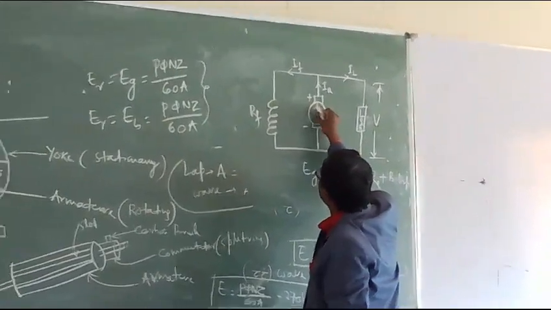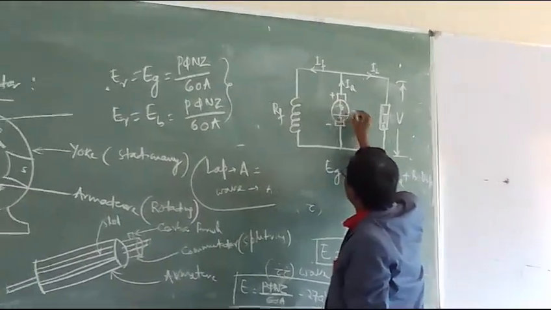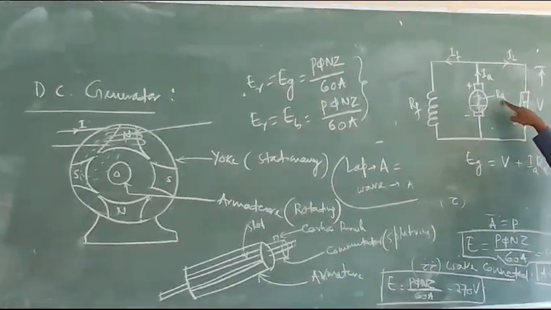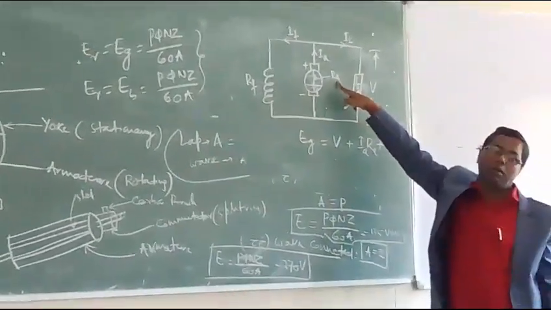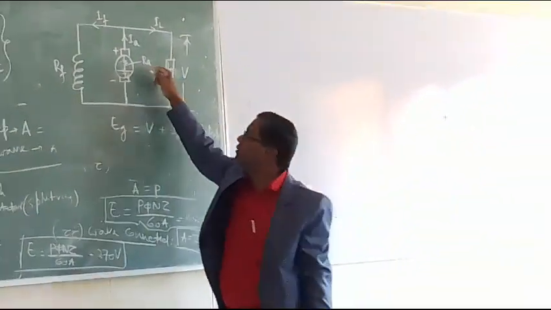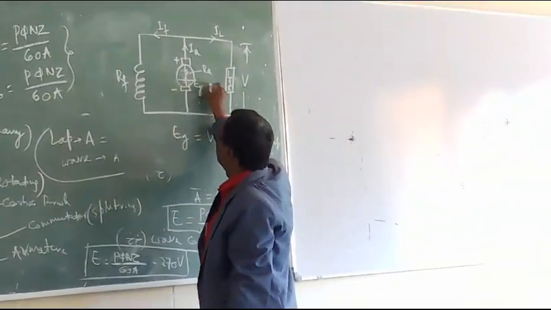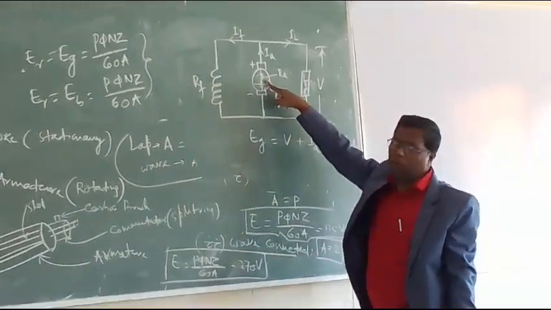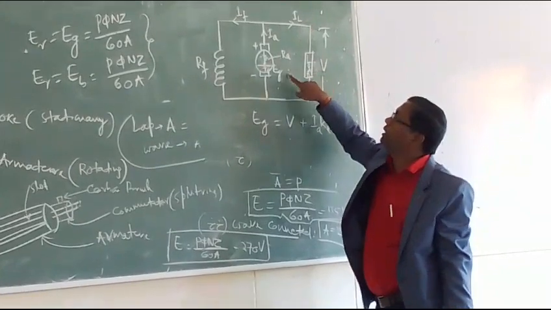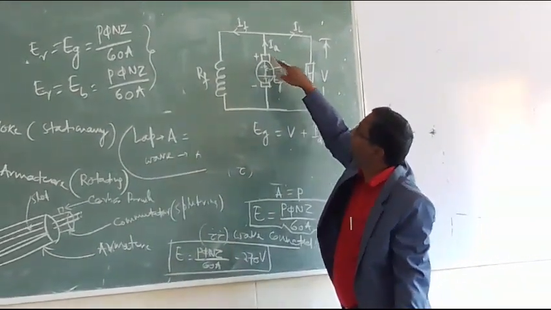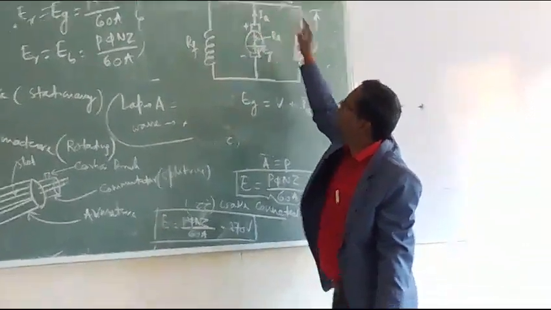Here you see, this is your armature resistance. Armature resistance is very small. Here armature resistance is in the order of one ohm, as we have already done in the practical classes. You can find the armature resistance is very low, and this is your EMF generated. If armature resistance is more, no current can flow through the generator, so this must be very low. So current flows, and these are your losses.